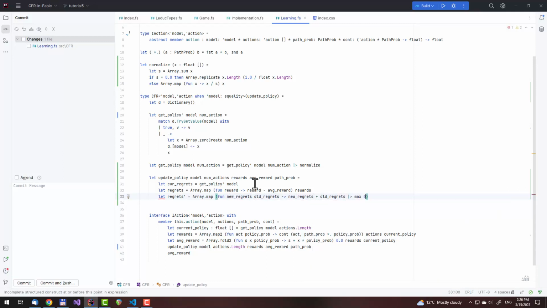Let's include that. If we wanted to include the full path probabilities, we'd do it like in the actor-critic algorithms, which is like the following. We multiply the current regret with both our own path probability and the opponent's path probability. In Bayesian terms, this is like conditioning on both our own and the opponent's actions. But instead of doing that, we can make the algorithm more efficient by removing the unnecessary and instead take our